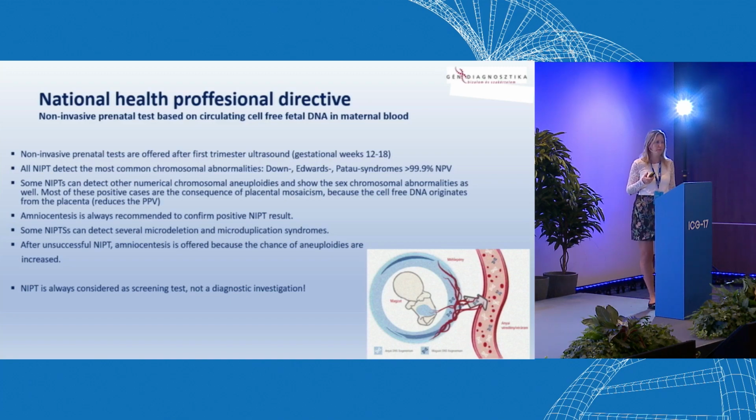chromosomal investigations are recommended. NIPTs can detect the most common chromosomal abnormalities like Down, Edwards, and Patau syndromes, which means trisomy 21, 18, and 13, with more than 99.9% negative predictive value, and can detect some other numerical chromosomal abnormalities like chromosome 9, 16, and 22, and the sex chromosomal alterations as well. But